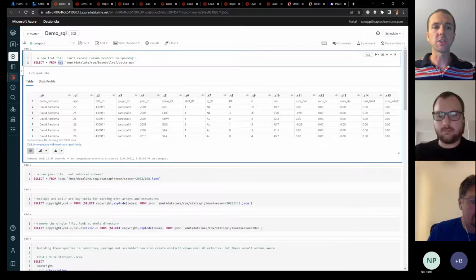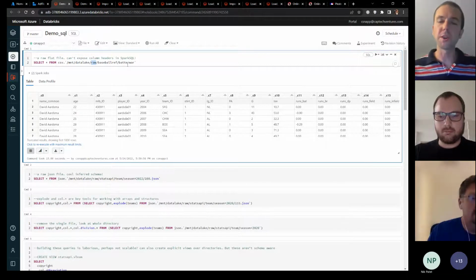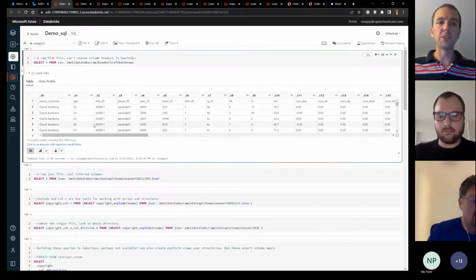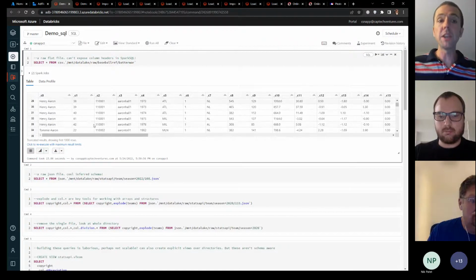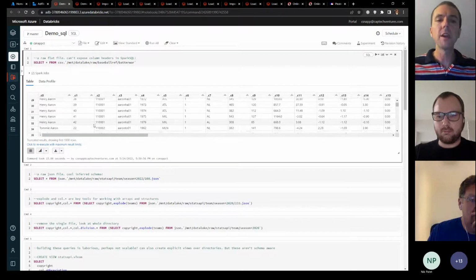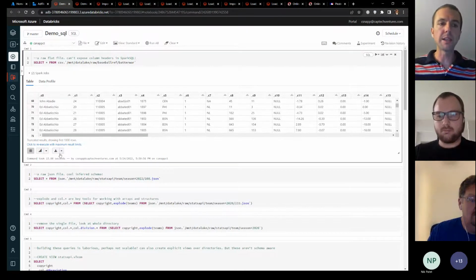So what I did was I actually just said, hey, I've got a file in the raw zone of my data lake. I'm going to query it. I'm a data analyst trying to do data engineering. I have the permissions to do queries on raw, even though that's not something you want to open up to your broader user community. So I'm trying to develop a pipeline. And this is a flat file called batter WAR, which is every hitter over history and what their WAR was, which is wins above replacement for every season. So big data set. It gives me the first 1,000 when I do a select star by default. You can get all if you need.